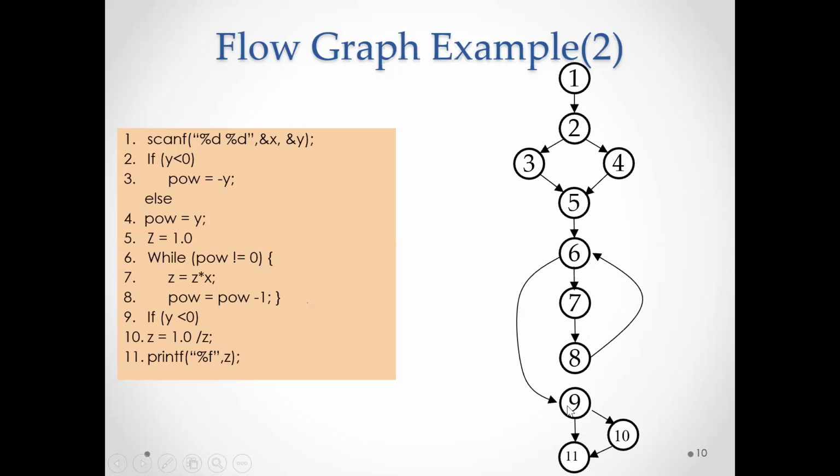It will enter the next immediate node. After the while loop, which node is there? After executing the ninth node, there are two particular things. Once again, it's a predicate statement. If this is true, then it will execute the 10th statement. Otherwise, it will just print the value of z. So at 9, if it is true, it will go with the 10th statement, then come back to the 11th statement. Otherwise, from the 9th statement it will directly execute the 11th statement. This is how the program graph is all about. This is just to analyze, looking into the program, how we can convert it into a graphical representation.